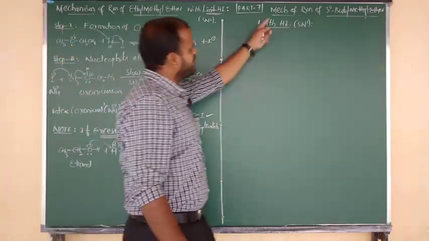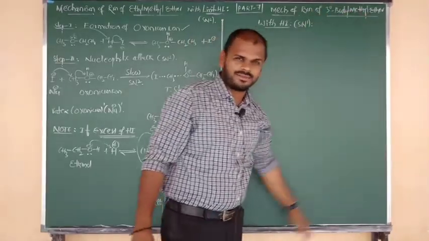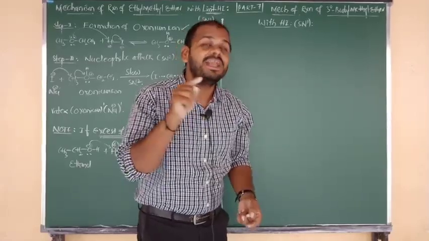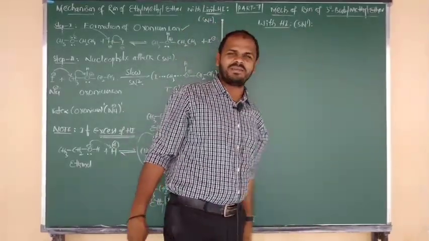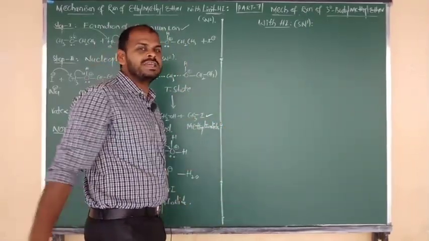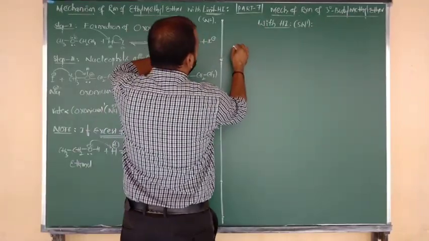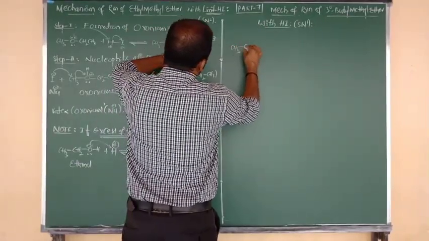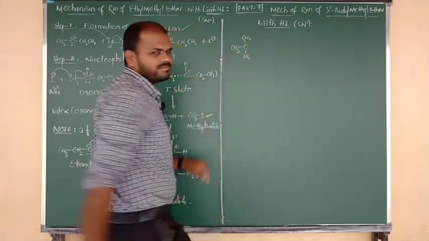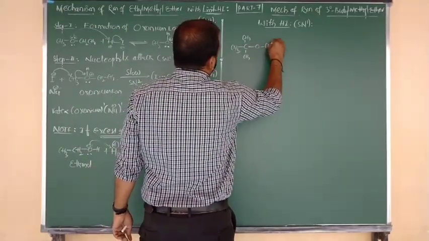Good. Next, the mechanism of reaction of tertiary butyl methyl ether. Tertiary butyl means formation of a tertiary carbocation. It follows which mechanism? SN1 mechanism. We have seen this reaction yesterday, but now we are going to see the mechanism, beta. Tertiary butyl methyl ether. What is the formula of tertiary butyl? CH3 bonded to C, above plane CH3, below plane CH3. Yes, it is connected to O, and O is again connected to CH3.